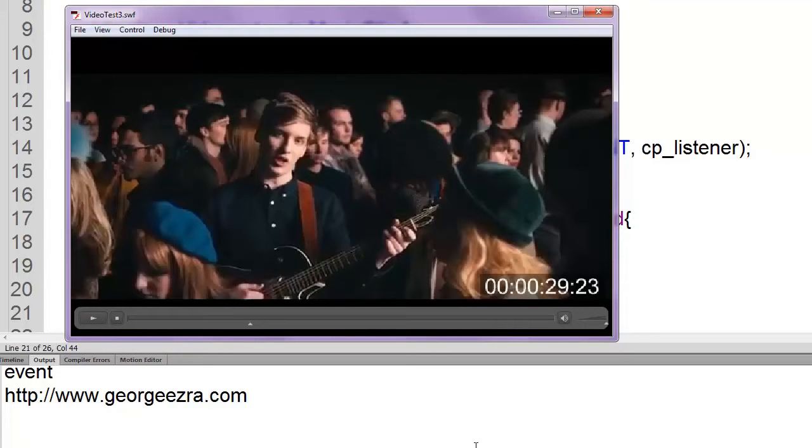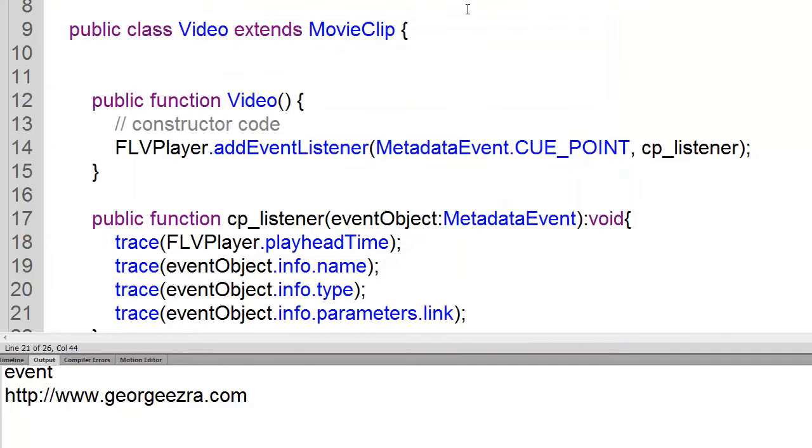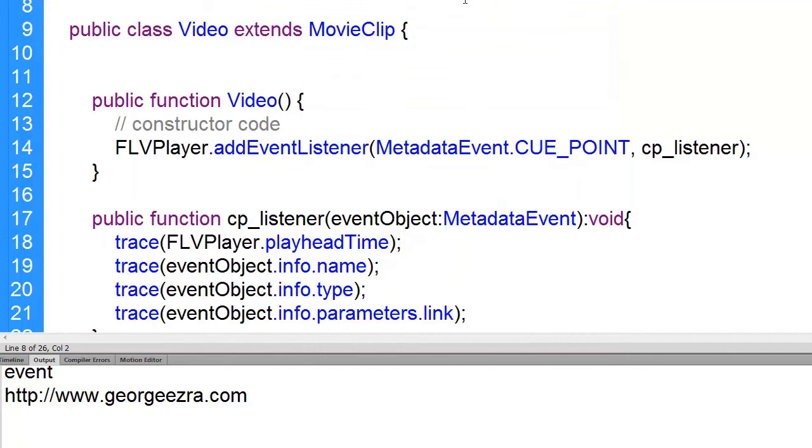Okay, moving forwards from the last video where we did some traces to essentially respond to cue points, we're now going to take that a little bit further and do something a bit more visual. So let's close this video window down. I'm going to return to the